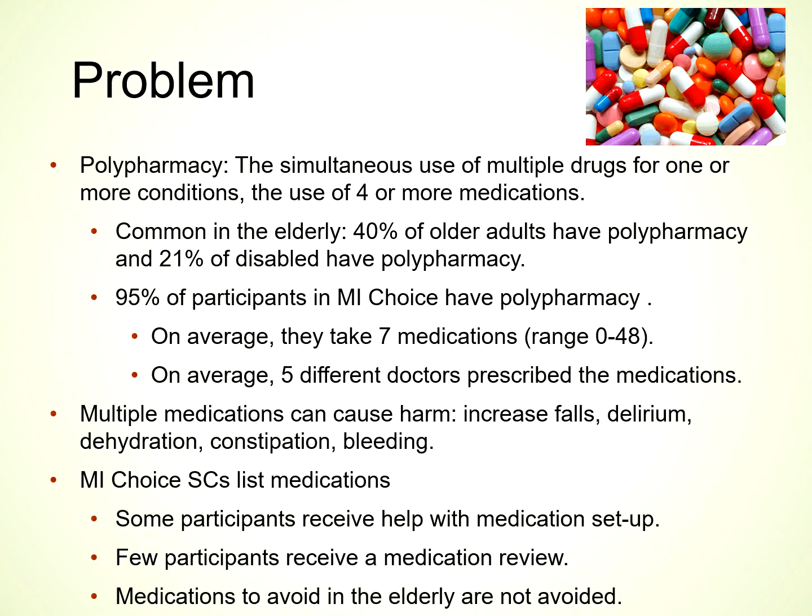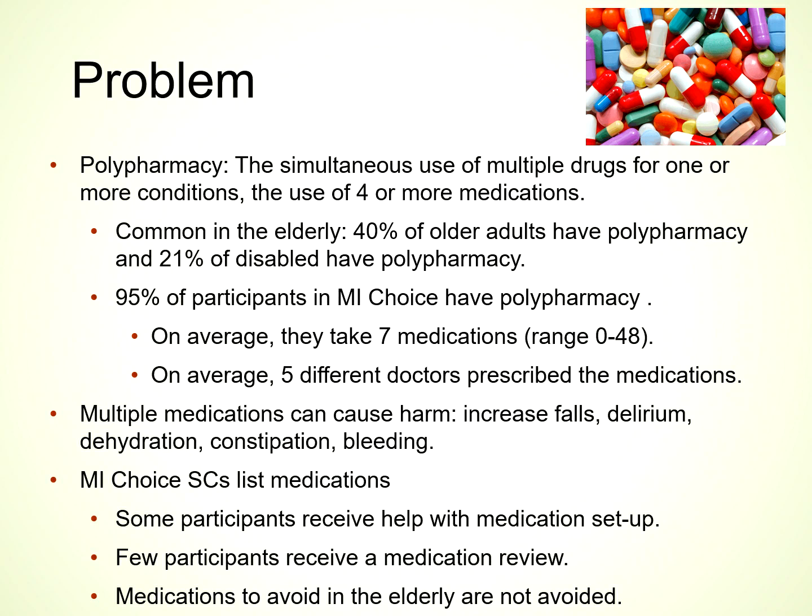There's also a problem with polypharmacy, which is the simultaneous use of multiple drugs for one or more conditions, and the use of 4 or more medications. It's very common in the elderly, with 40% of older adults having polypharmacy and 21% of disabled people having polypharmacy. In the My Choice program,